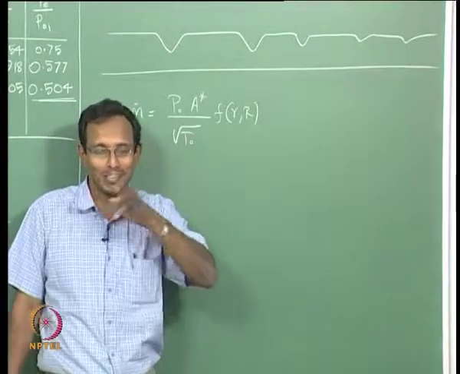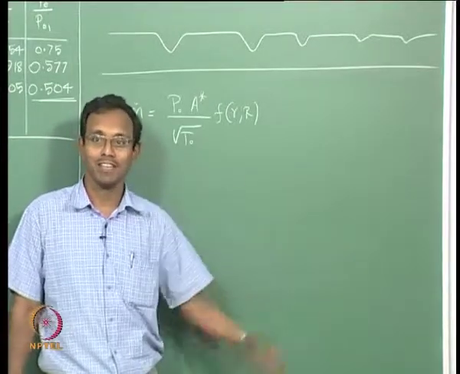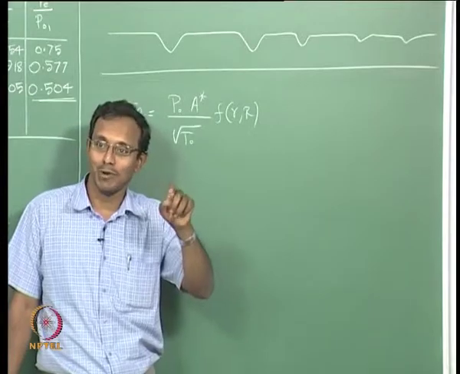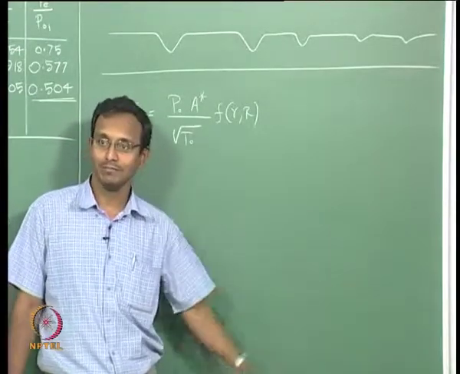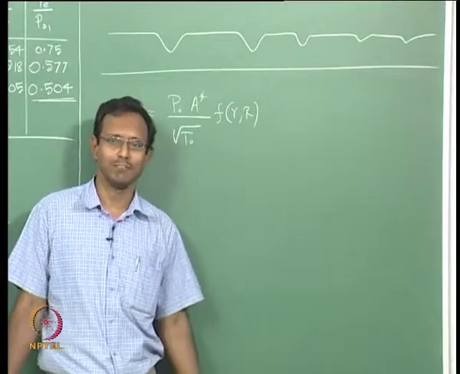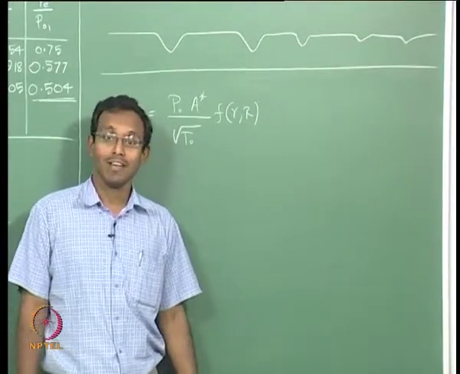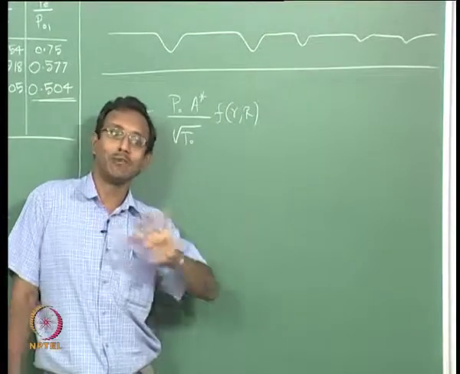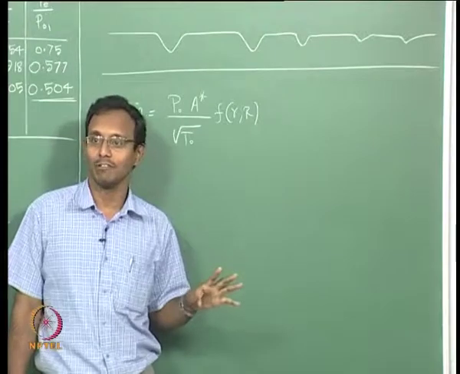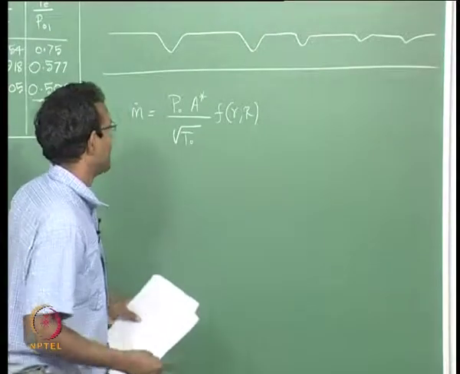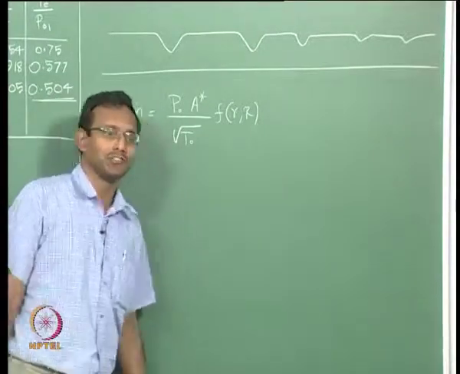I have to make sure that all the areas are exactly the same. Even if one of them is slightly smaller than all the others, only that one will choke, everything else will be unchoked. It is a very special case, typically it is impossible to achieve. Ideally I can achieve however many chokings I want, if it is fully subsonic and just sonic conditions are allowed. Let us think of the other case, a much easier case to think about.